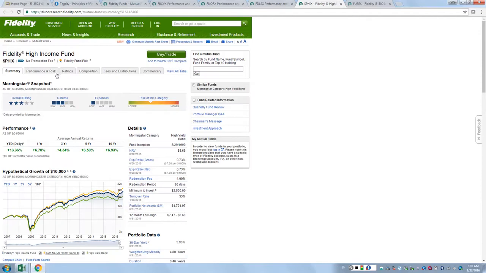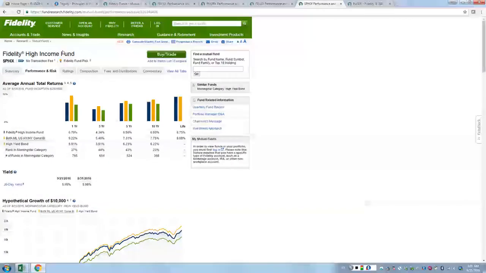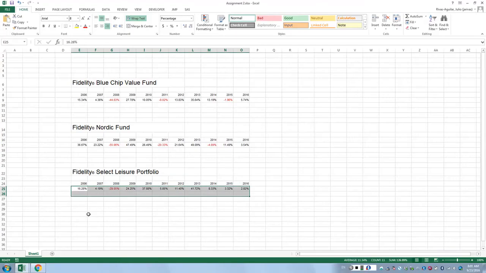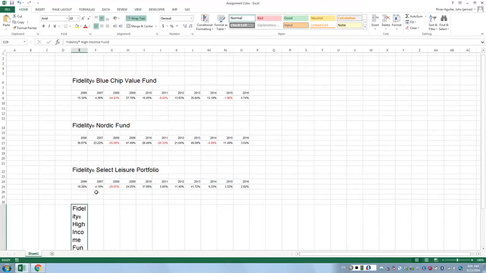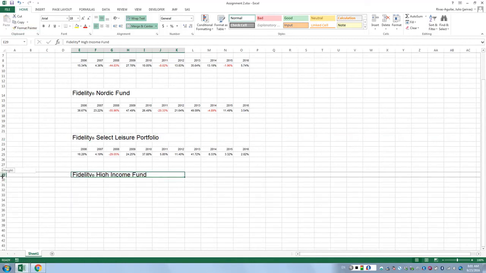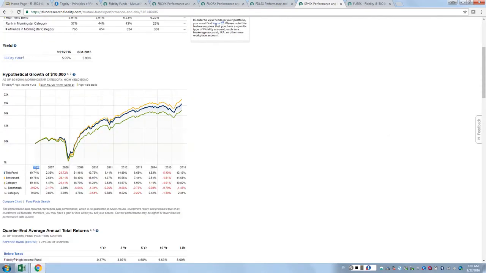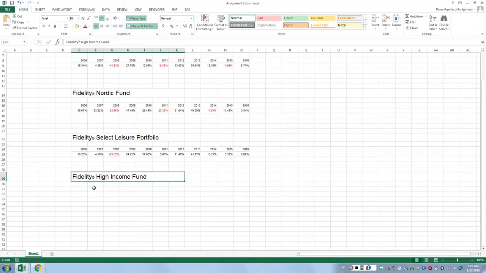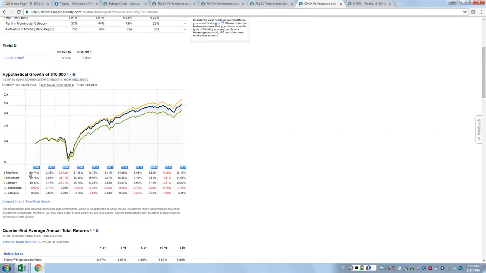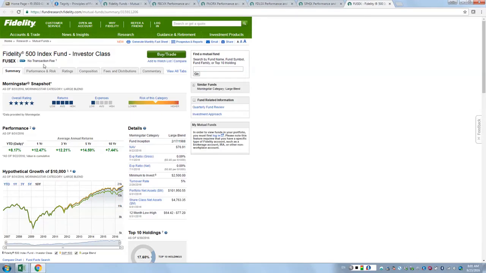Just start thinking of that. So this is a high income fund. This is a bonds high income. So we're taking a little bit of risk right here. By the way, in reality, bonds are supposed to be safe. Bonds are supposed to balance any craziness in the market, which basically means that if the market is going up, you go up at a lower rate. But if the market is going down, you go down at a lower rate.